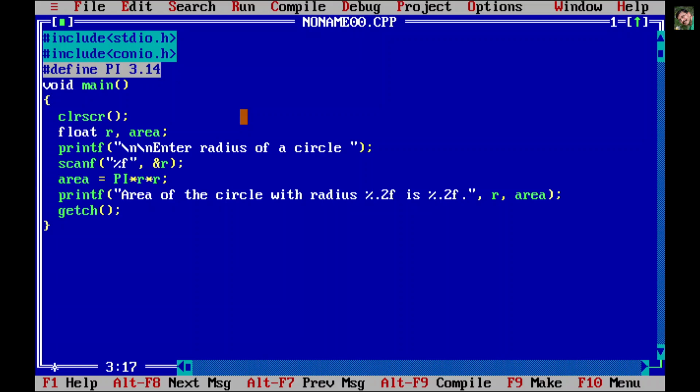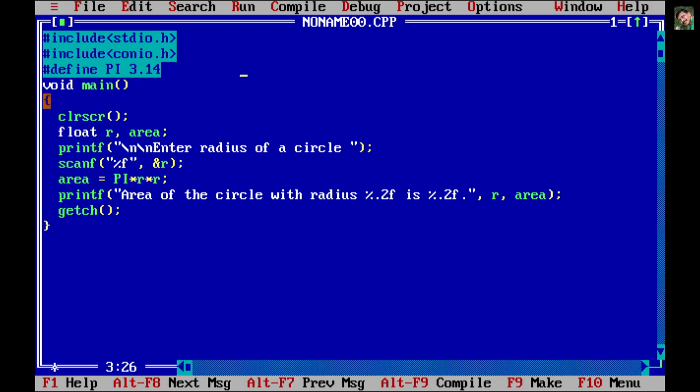Now the use of this is, wherever I want to use pi in my program, I don't need to type 3.14 everywhere, where I may make mistakes in typing. In this line, I had written area is equal to pi into r into r. Now reading this becomes more meaningful rather than reading 3.14 into R into R. So hash define is used to create a symbolic constant.